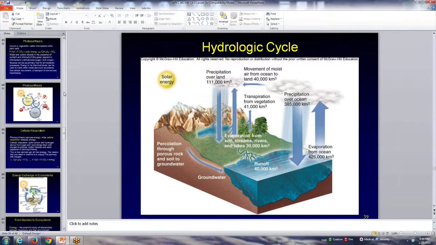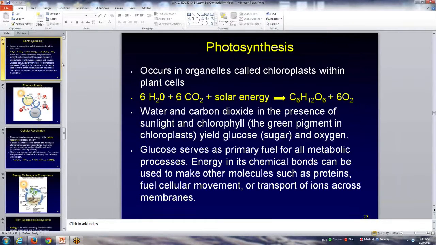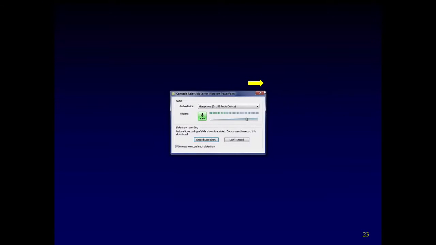Also, I have two videos for you all to watch. One video is on the food chain or the food pyramid. Some also might refer to it as a food web, and then we'll also look at a little video on the hydrologic cycle. So let's start off here in slide 23 without any further delays, and let's just recap photosynthesis